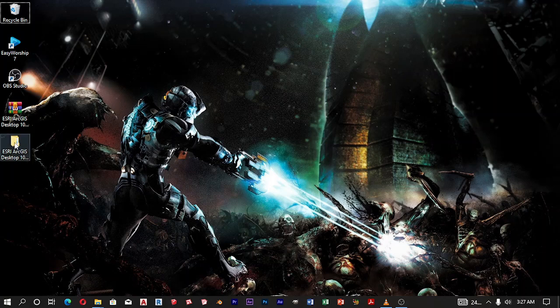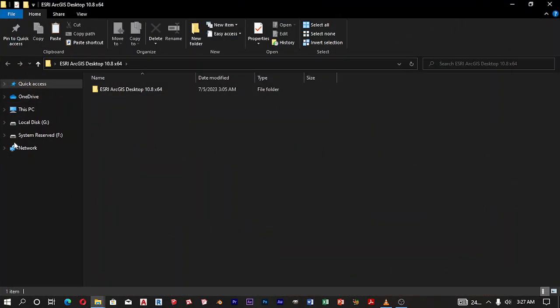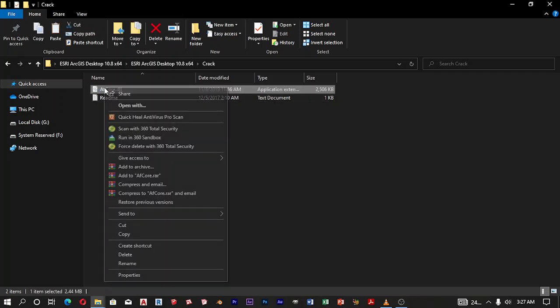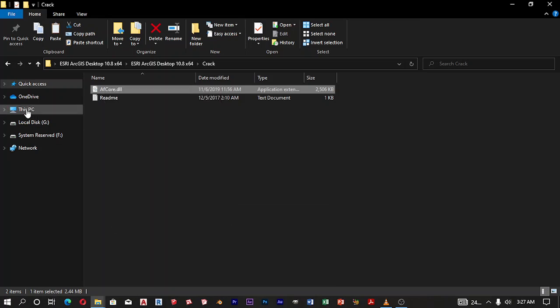What you're going to do is open your extracted folder, the one you extracted from your zip file. Double click on it, open, and then you will see the crack. Double click again, click on this crack file, right click, copy, and then go to This PC,